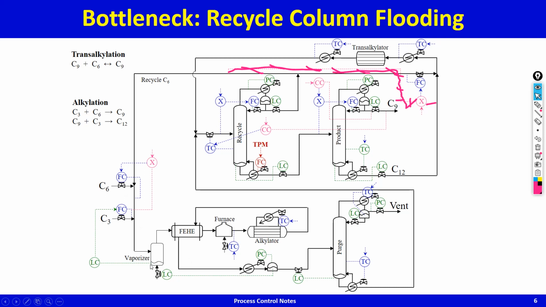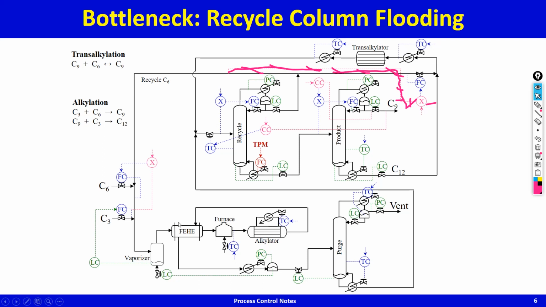And by the way, even though this is an economic loop, I think for level control of the vaporizer, this ratio should always be there, because that is what ensures the total flow into the vaporizer goes up. Because let us say C6 to C3 ratio is 4. So this goes up 1, but this flow is 4. So this must also go up proportionately, and if it doesn't go up proportionately, level won't get controlled. So it has an economic impact, but it also has a significant regulatory impact. So this ratio controller should also be always on in this case. Okay, so that's your bottleneck.